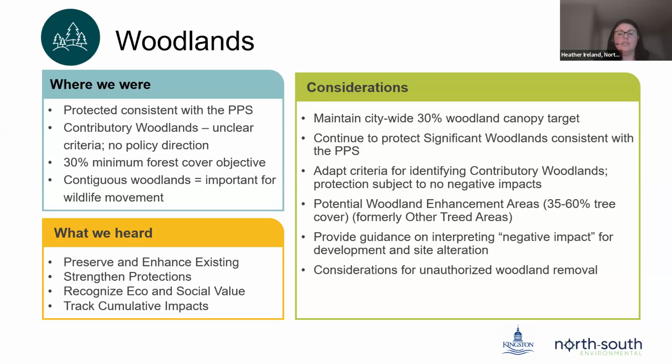Again, it has been mentioned that in special growth areas and protected industrial areas, the city may need to identify an alternative approach to consider development while having woodland preservation. The study also recommends that additional guidance is provided to clarify how negative impact is applied and should be considered, including when tree removal is permitted, but may require replacement or ecological offsetting.